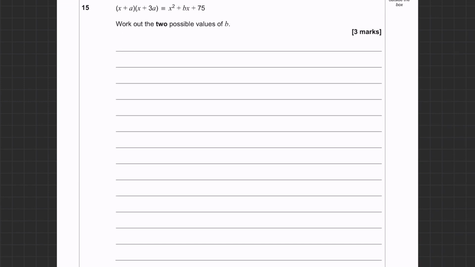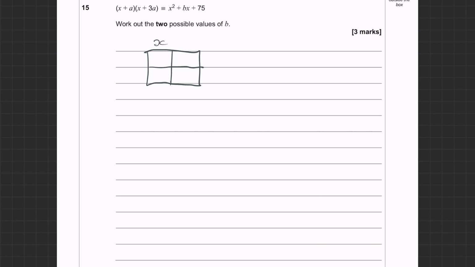Bit of a trickier question again now, but it's just a bit of quadratic equations with a little bit of thinking. What you'd want to do first is worry about this side and say, well, this is equal to that side, so let's get this in a form where we can compare it against this side. So I'm going to expand these brackets out. So if I draw the grid,